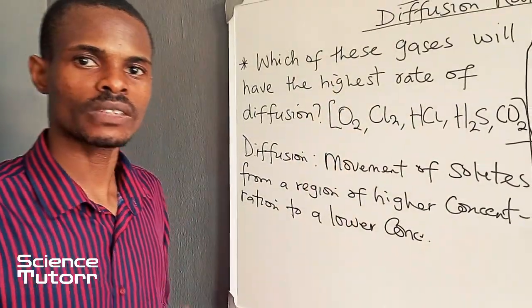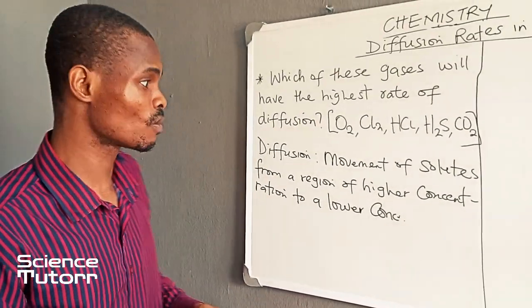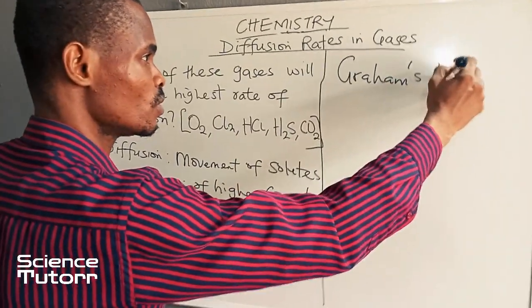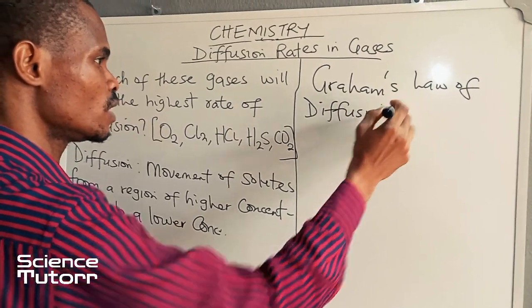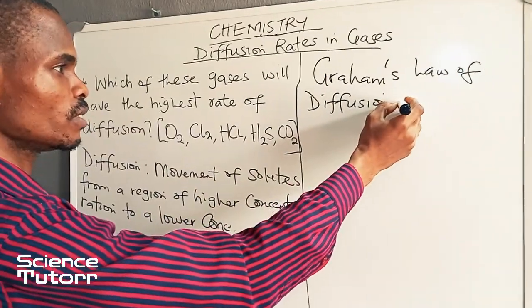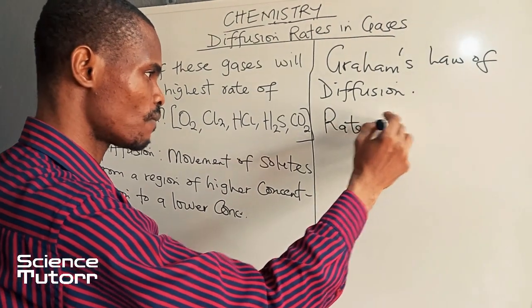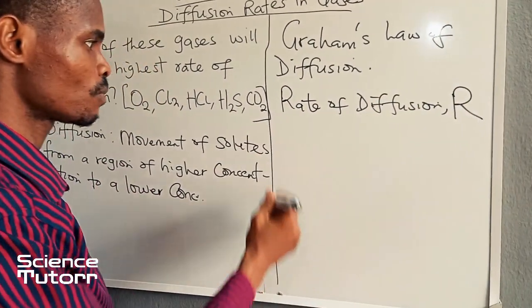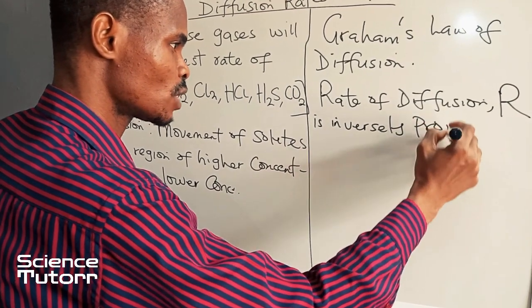And based on the question that is given, there is a very vital, important law that we need to take note of. And that has to do with Graham's law of diffusion. It gives us a good understanding on how to handle problems like this. And what is the law saying? It is simply talking about the rate of diffusion of a gas. The rate is inversely proportional